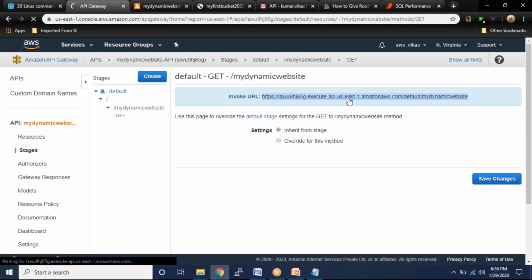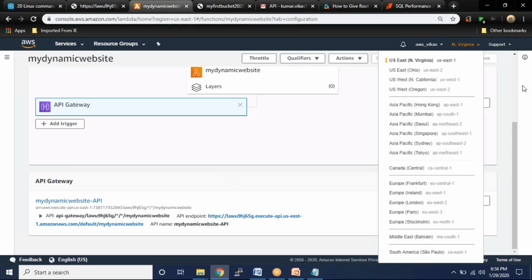Let me click on this URL and I get my name. It means my API is working fine. So my API is getting integrated with Lambda, because in Lambda, if you come and see down,